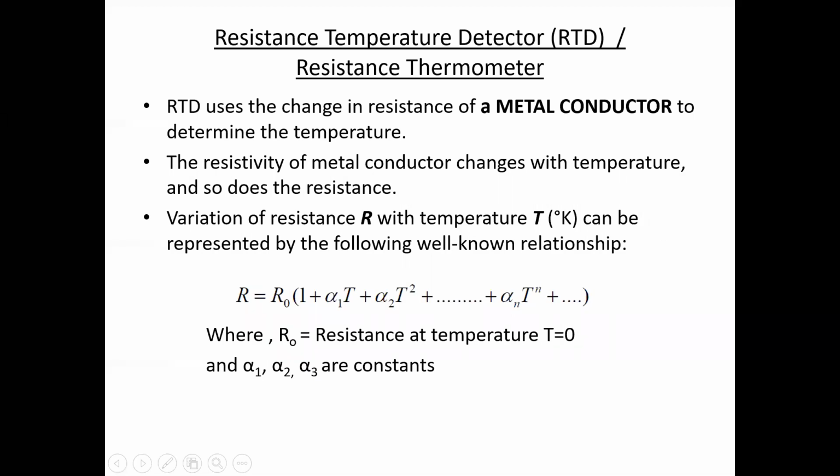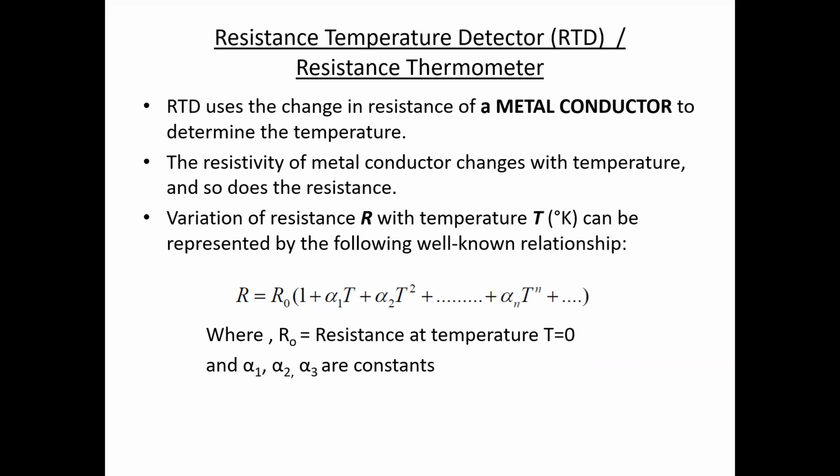In this lecture, I'm going to continue our discussion on the different types of resistive transducers, and here two types of resistive transducers for temperature measurements are going to be discussed. So the first one is the resistance temperature detector (RTD), which is also known as resistance thermometer. So RTD